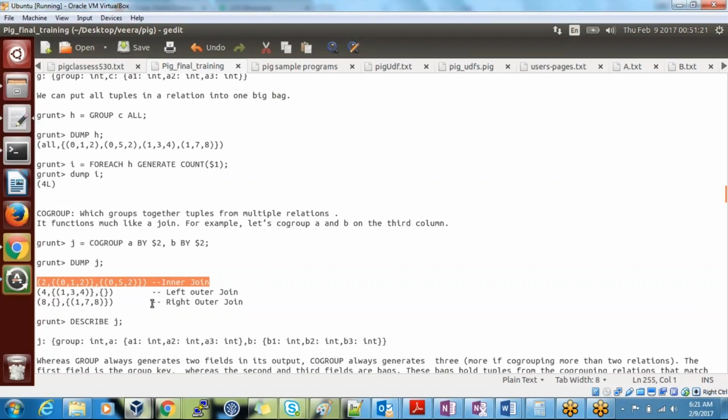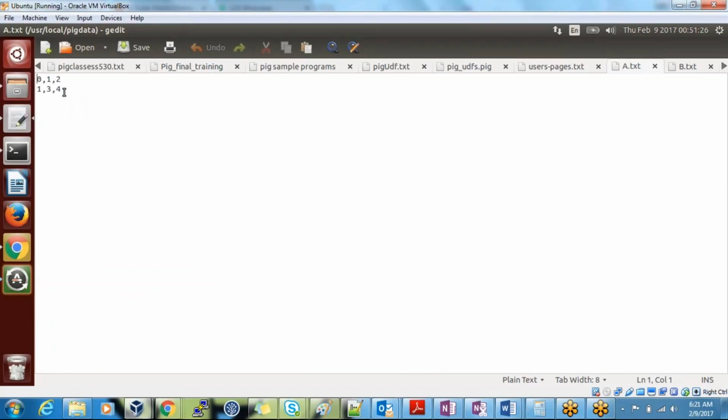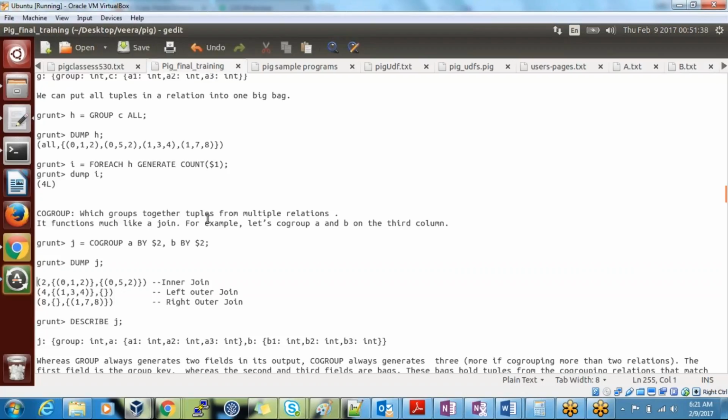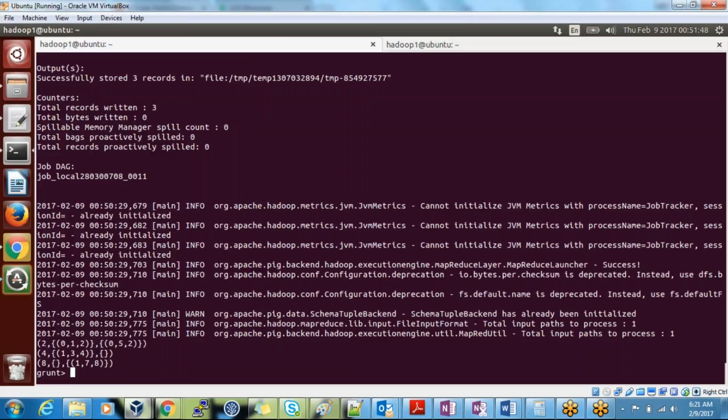Okay, next. 4, because I'm doing it with the last column. How many tuples are there? Only A is there. In B, there is no 4. Then what will we call that? You can say left outer join. All the fields from the left side came, but the right side, whatever is not there, did not come. You can look at the result as well.